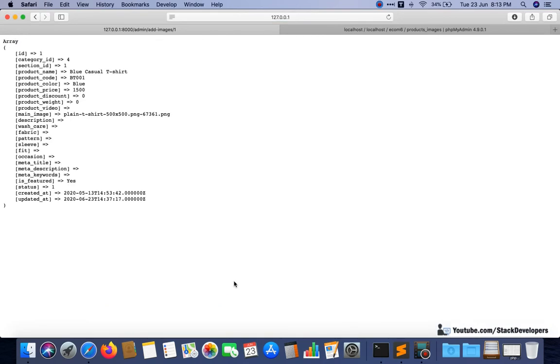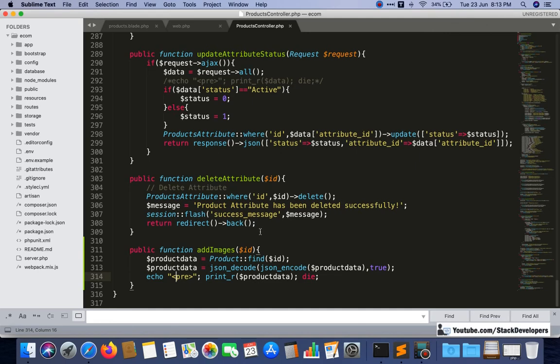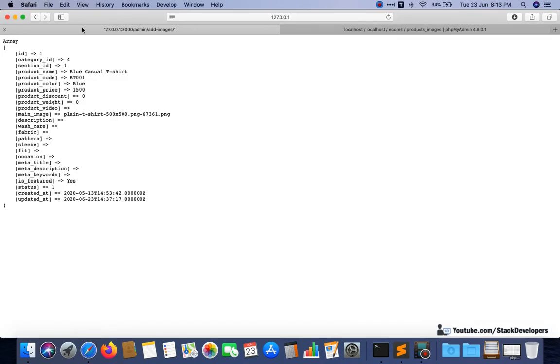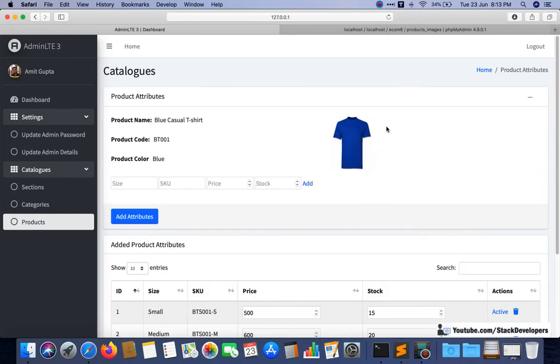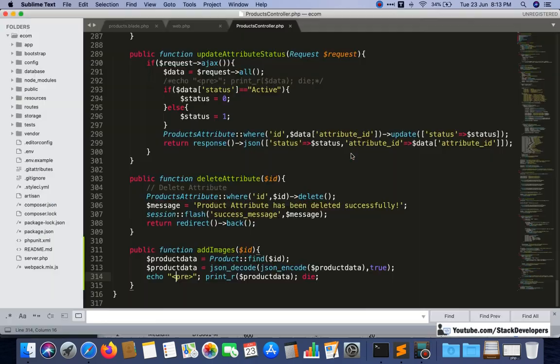So the product data is coming up here, but we only require specific columns. You have already seen that we require only specific columns, so no need to gather all this data. In product attributes as well, we just require four things: product name, code, color, and image. Not that much data is required.